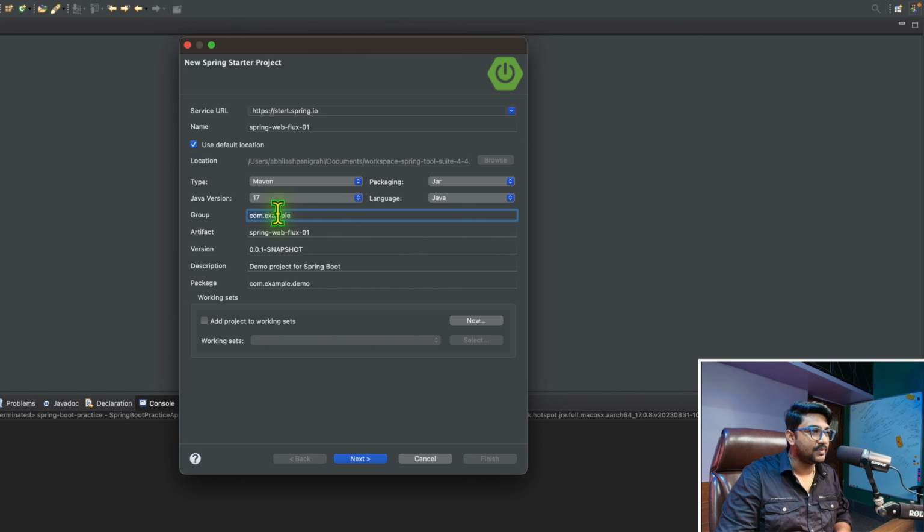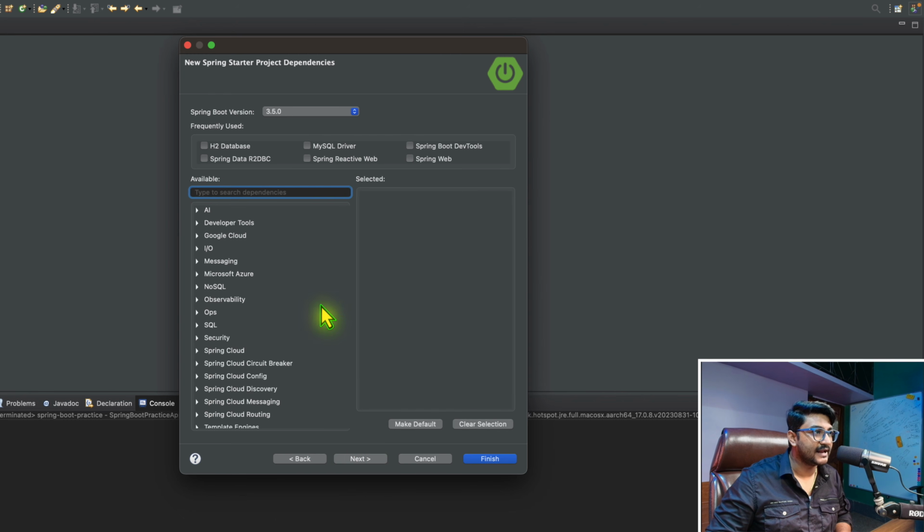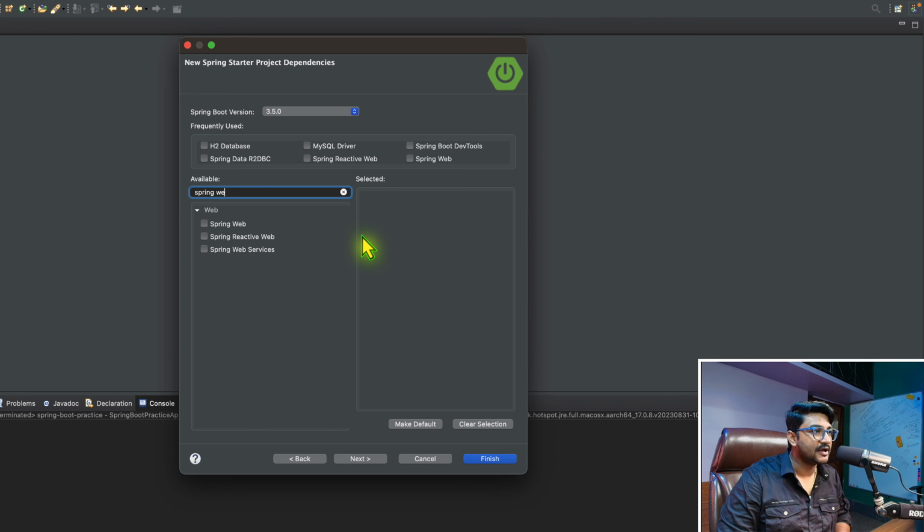And let's say the group ID is com.seleniumexpress.demo. The package also, let me make it the same as the group ID. Let's do the next. And here I'll be choosing Spring